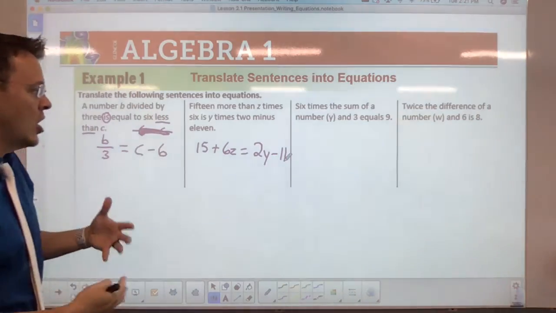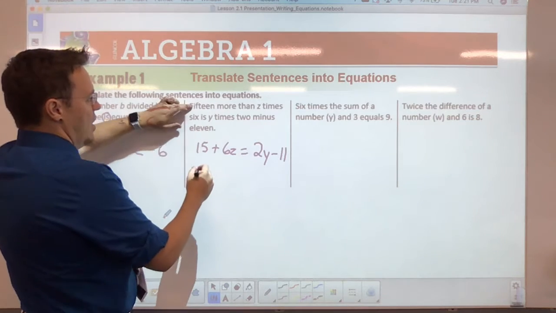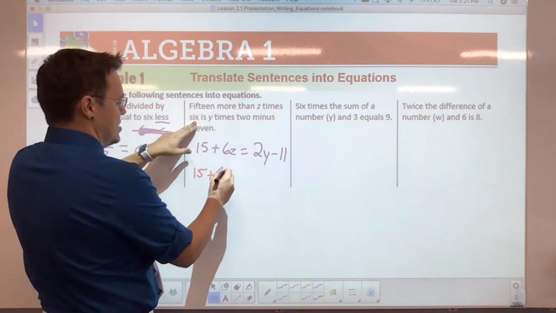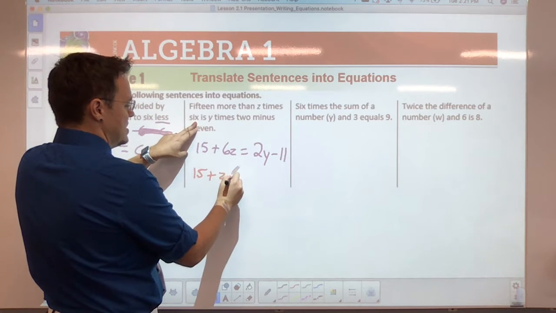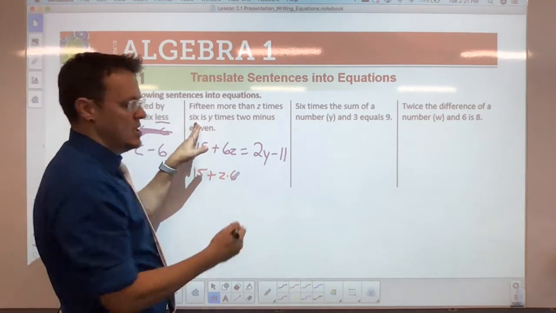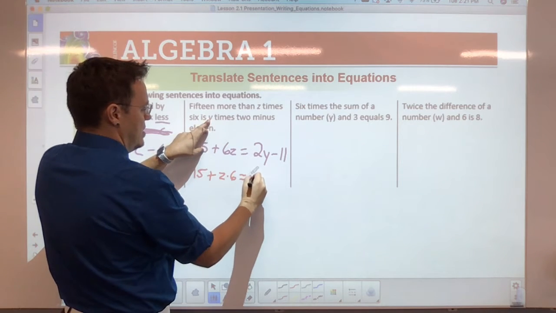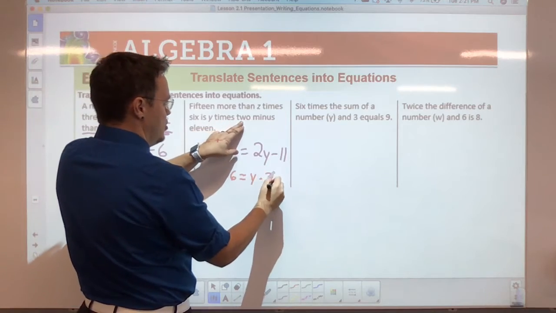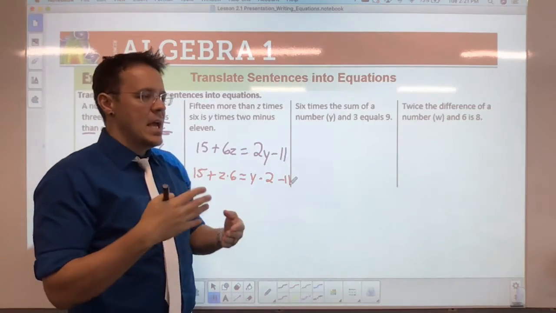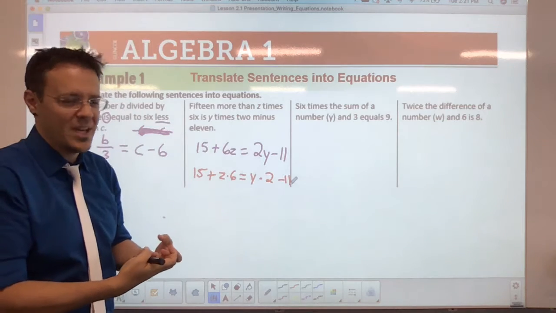Now, if you were to go and read this out like it states, all right, now some of you may be thinking, how did you get that? Well, remember, it's 15 more than, so it's plus Z times 6. So you could have written Z times 6, just like that. Okay, I rewrote it to make it look similar to what you guys are used to, right? Equals, and then you would go is Y, and then it'd be times 2 minus 11. So that's the way it's supposed to look, but from a visually appealing standpoint, I guess you should say,